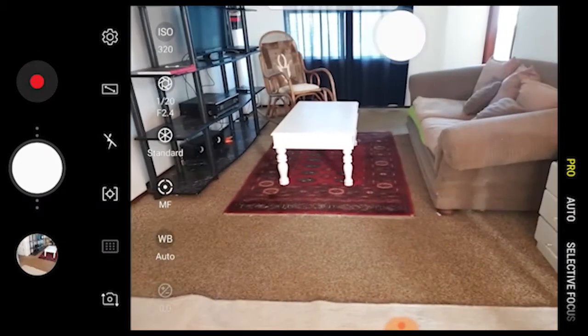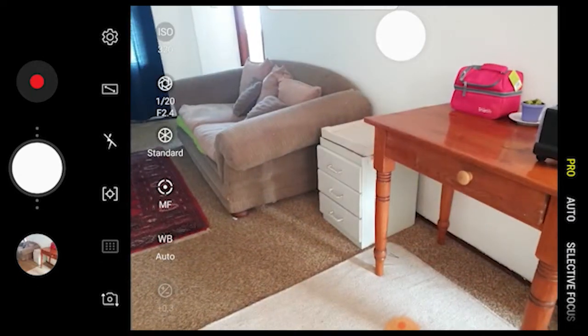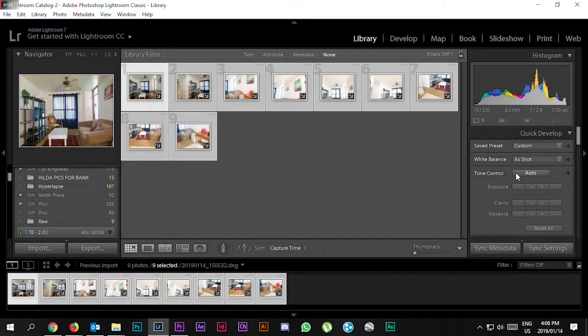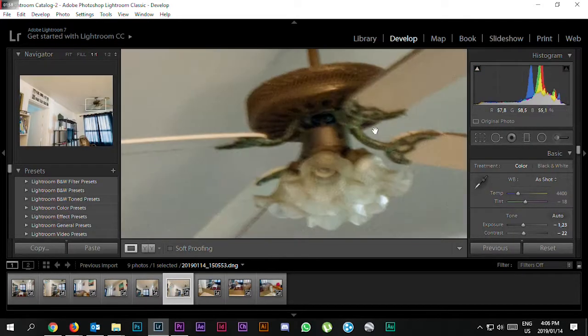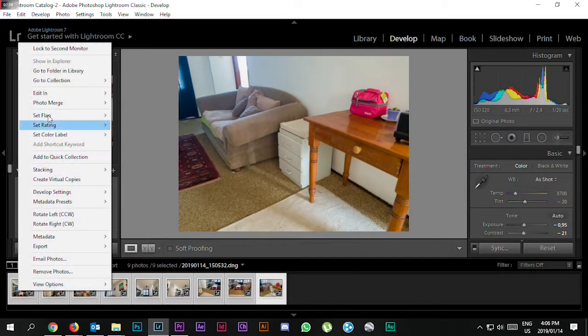Generally, when you are using a slow shutter speed to allow for light, you cannot have any movement while taking the photos. So once I've taken the photos, I've uploaded them to my computer and I've imported them into Lightroom. I'm going to select all of these photos. As you can see, there are 9. I'm going to select all of them and I'm going to edit in